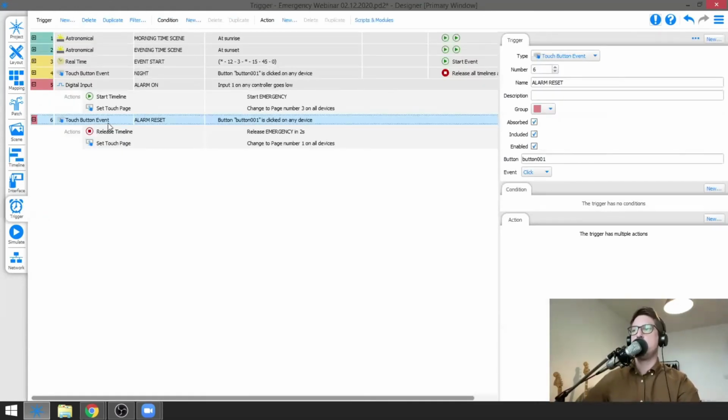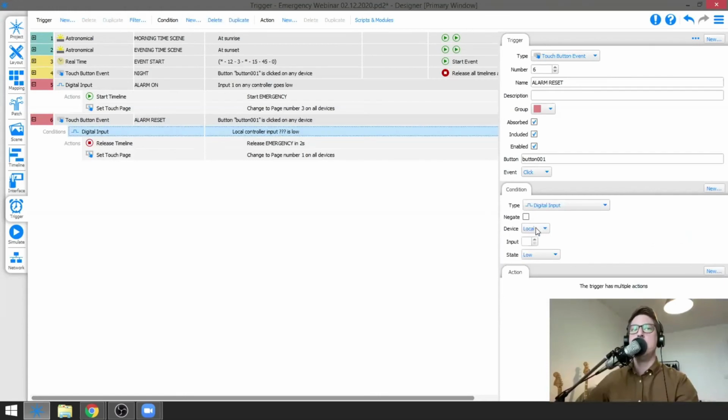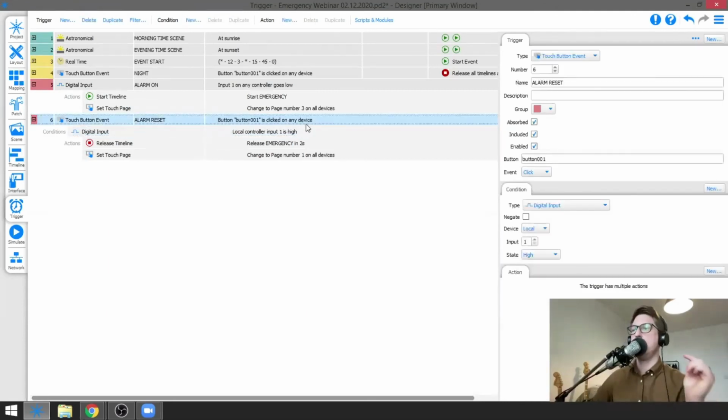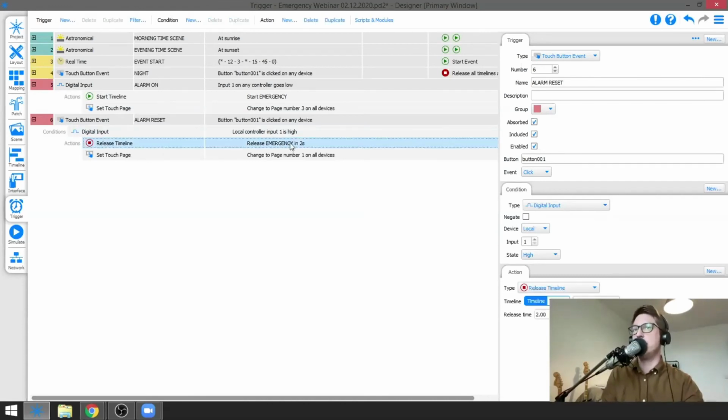But in order for it to obviously check that the alarm has actually ended, you can simply have a condition. And that condition will check a digital input. So you just set it to the input that you want, and then obviously the correct state. So it'll run like this. They press the button. Obviously, if the alarm system has been reset, then of course you will then be able to release the emergency